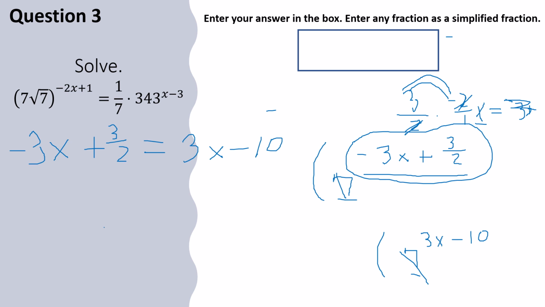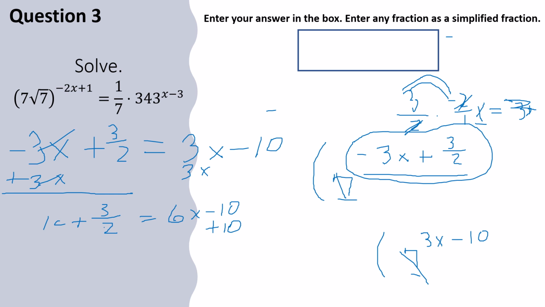All right, now we work on solving that. So I'm going to add 3x to both sides because I like things to be positive. So if I add that to both sides, this is going to cancel out. This is 0. Bring down the 3 halves. So 3 halves is equal to 6x minus 10. Now we want to add 10 to both sides. So we'll get 6x on the right-hand side, and on the left-hand side we'll get